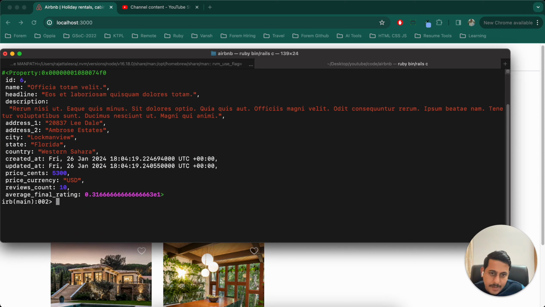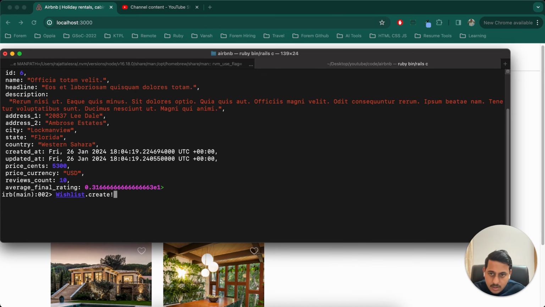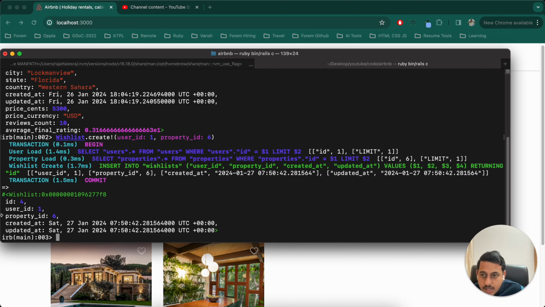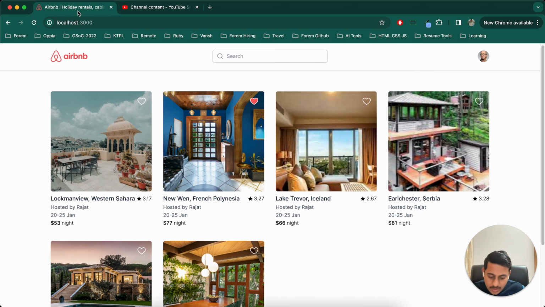We can do this from our API call, or we can do it from the database also. I have shown you this in our API call. So let's do this directly here. Wishlist dot create, user ID can be 1 and property ID can be 6. It has been created, 1 and 6. Now I'm just refreshing this and you can see that it is visible. So that's it for this particular video in terms of code. Now I want to